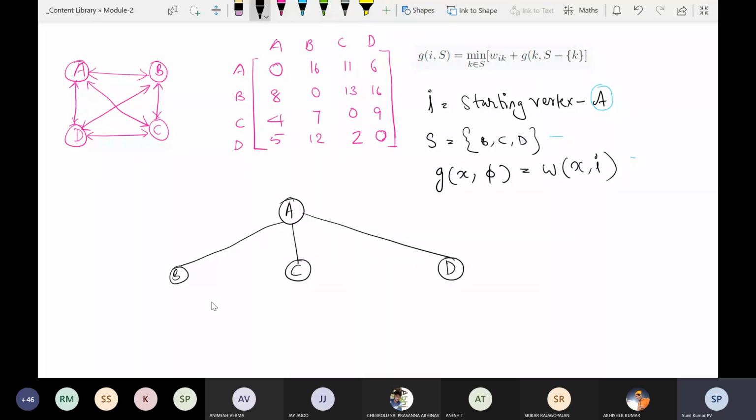Because dynamic programming is just the application of this equation. But to understand this equation, we should know this tree first. We should know the problem first, and we should know the solution first. So first, let us solve the problem using this tree method, and then we will just apply the formula and see it. And in the same way, we can